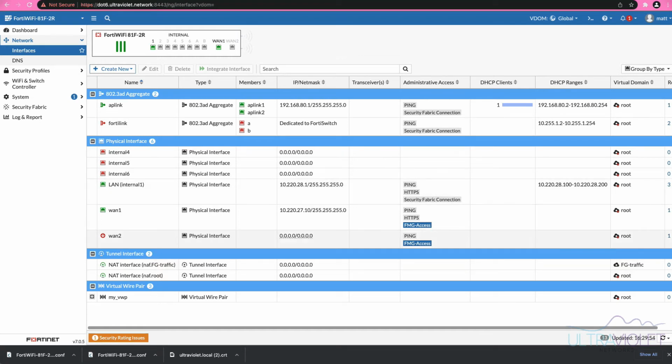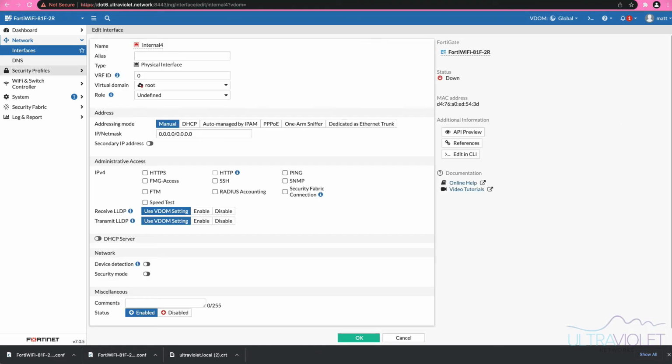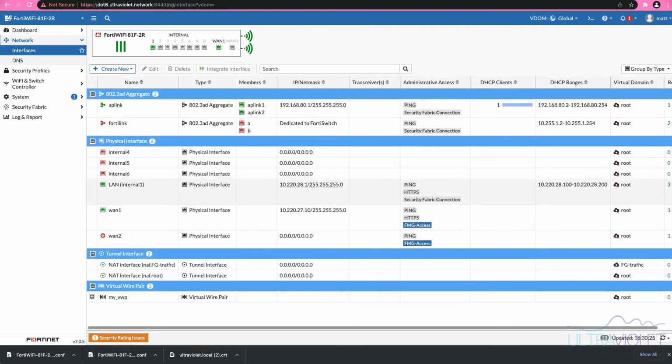So now if I wanted to dedicate a different port for my FortiGate traffic,